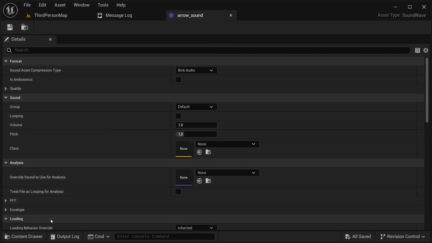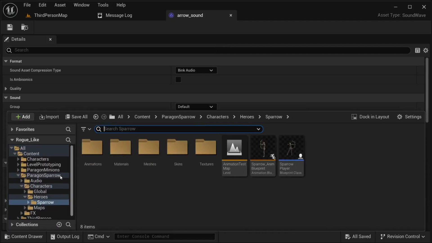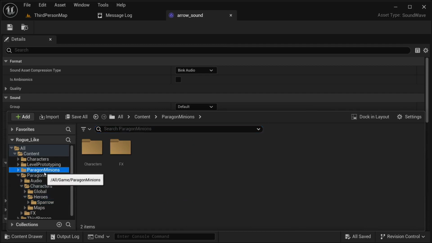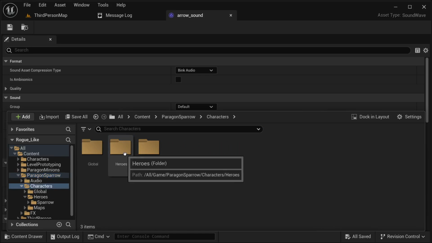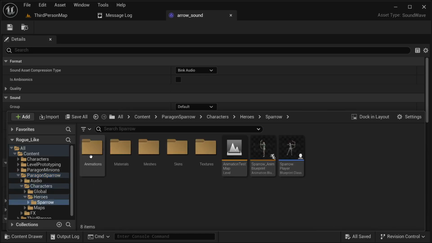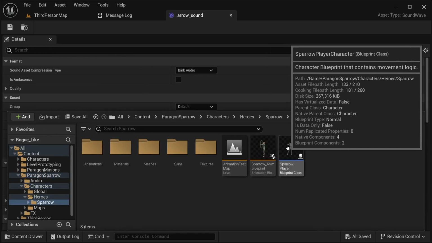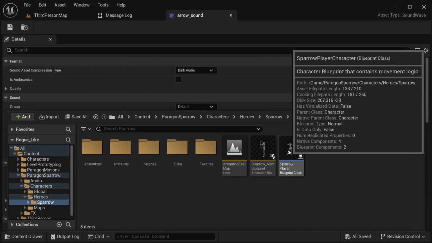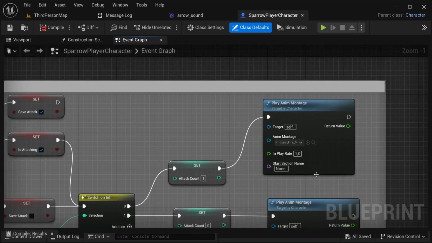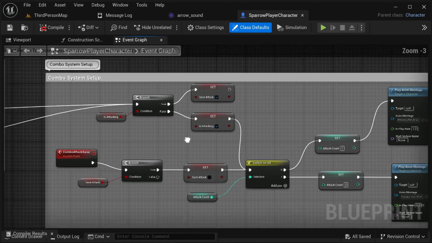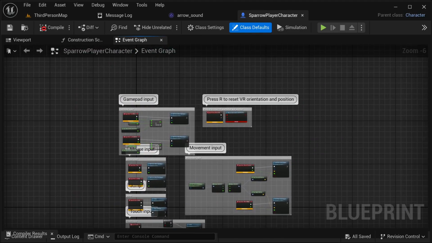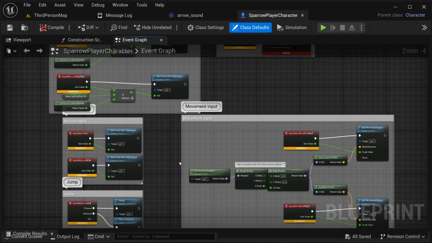Back in our project, let's go to our content drawer once we have downloaded everything. So I have Paragon Sparrow and Paragon Minions now. I'm going to first open the Paragon Sparrow, then go to Characters, Heroes, Sparrow, and open this Sparrow Player Blueprint class. Open this up, and as you can see, we have already made a blueprint for this character,